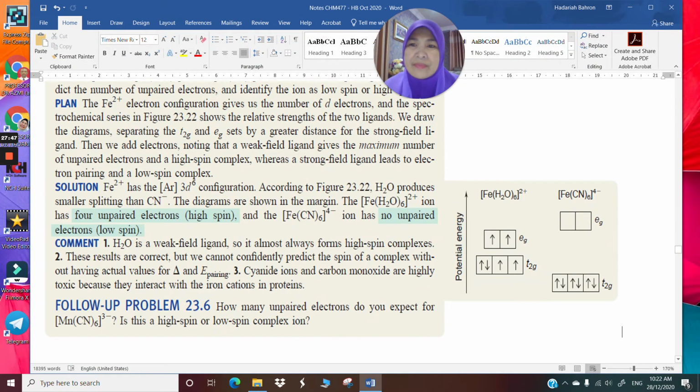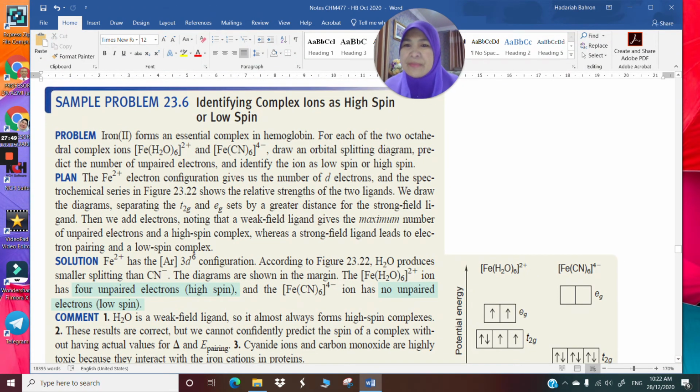Now, this is one example for identifying a complex ion as either a high spin or low spin complex. Now, that is the problem that is given to you here. Iron 2 forms an essential complex in hemoglobin. For each of the two octahedral complex ions,